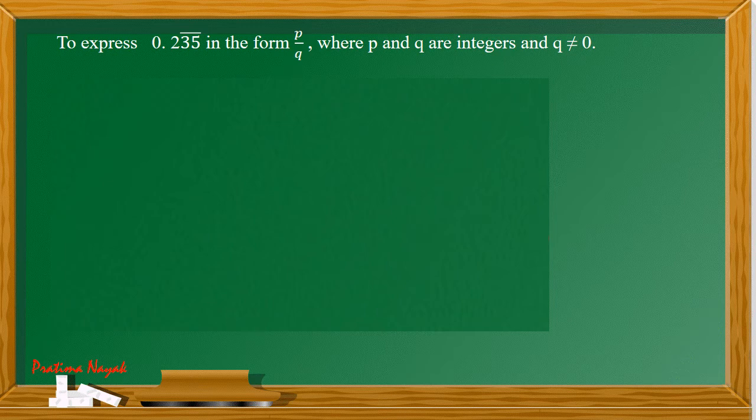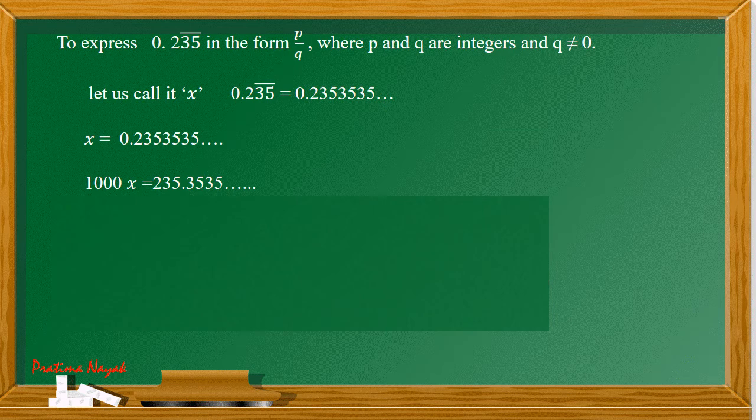So next is, see very minutely, the bar is on 2 digits and 1 is free. That means here 35 is repeated: 35, 35. So here what to do? First, when there are 3 digits after the decimal, I'll multiply by 1000. Then 2 digits have the bar, so I'll multiply by 10, so that it will be 2 point, and 3535 will be repeated. Let us see.